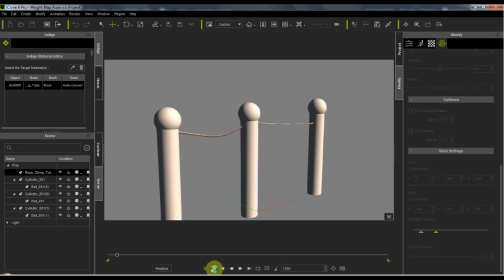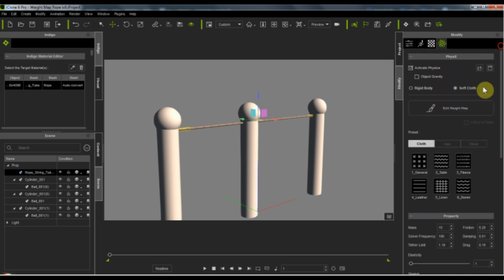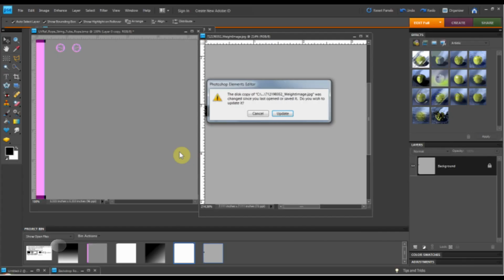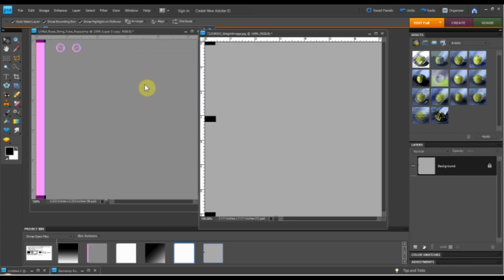That's just an example. And now let's say I don't want this center post in there anymore. How would I fix that? Well, you can use the same rope, go back into physics, go all the way to the top of the modify, hit the edit map, take out this pin. Let's say you only want 2 posts here. Go in here, launch this, update it, and then when you update it, view, fit on screen, and we're going to take this